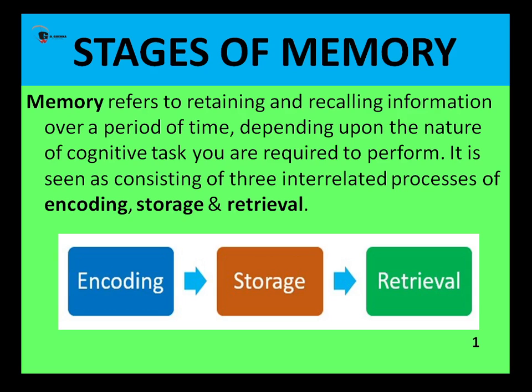And here, recovery is a very important aspect of the third stage. Information can be used only when one is able to recover it from the memory. So retrieval is basically how the stored information can be brought to our awareness. The recovery of information is very important, the recalling of information is very important, and that is possible only when one is able to actually recover it.